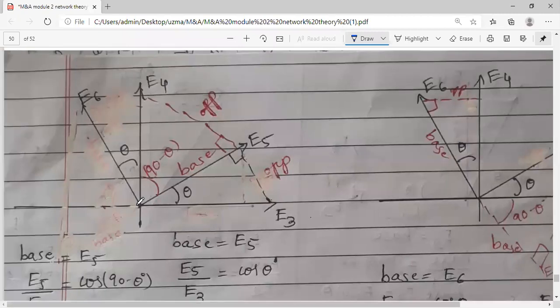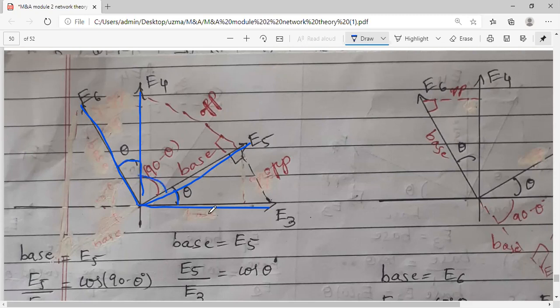See, this was the earlier E3 and E4 you had got in the previous figure. Further, your field is resolved into two more components. One is E5 and one more is E6. So this is your theta. This is just like your first figure because there is a 45 degrees difference. This is your angle theta. This is your 90 minus theta.